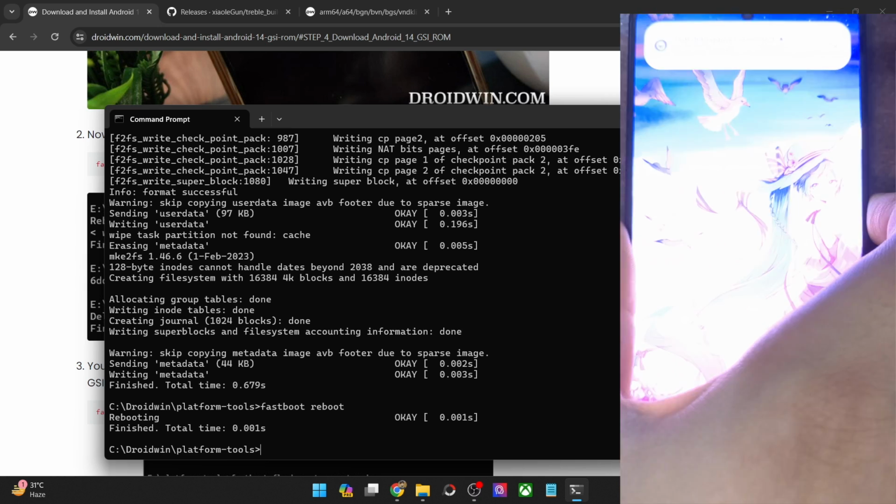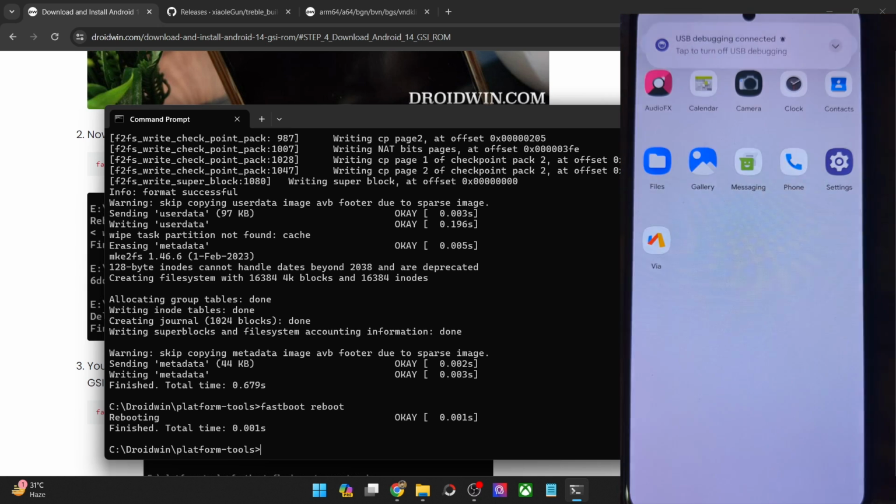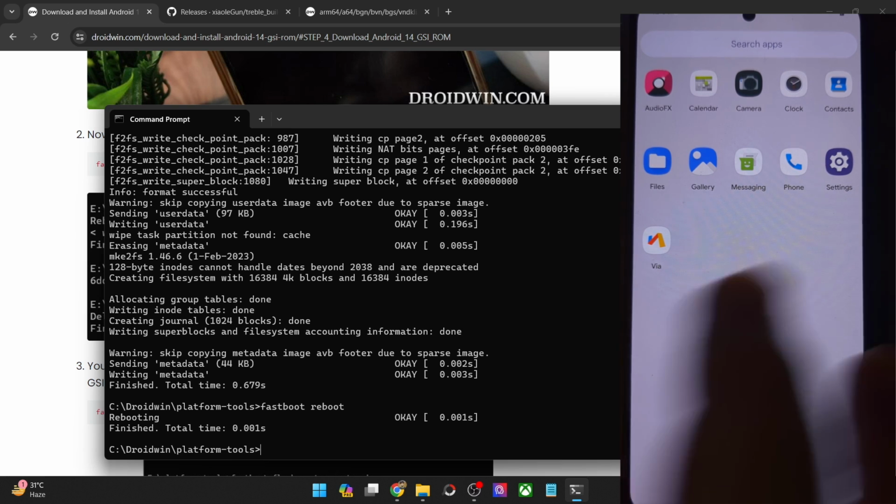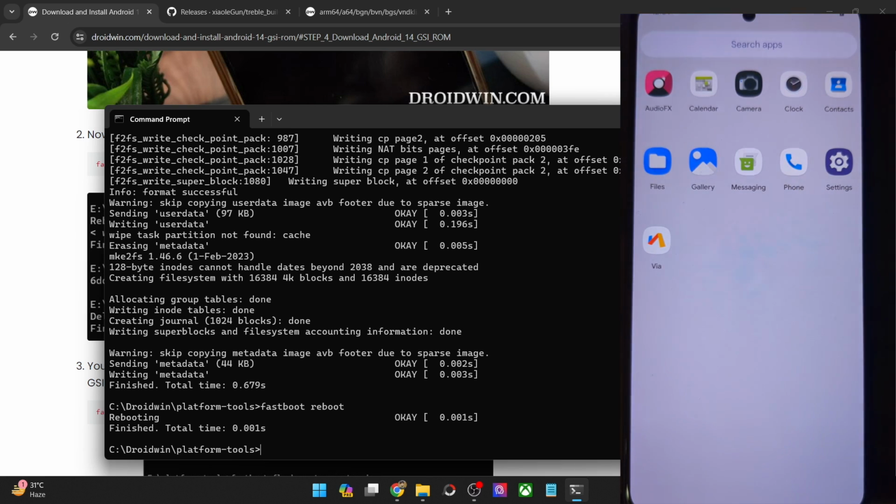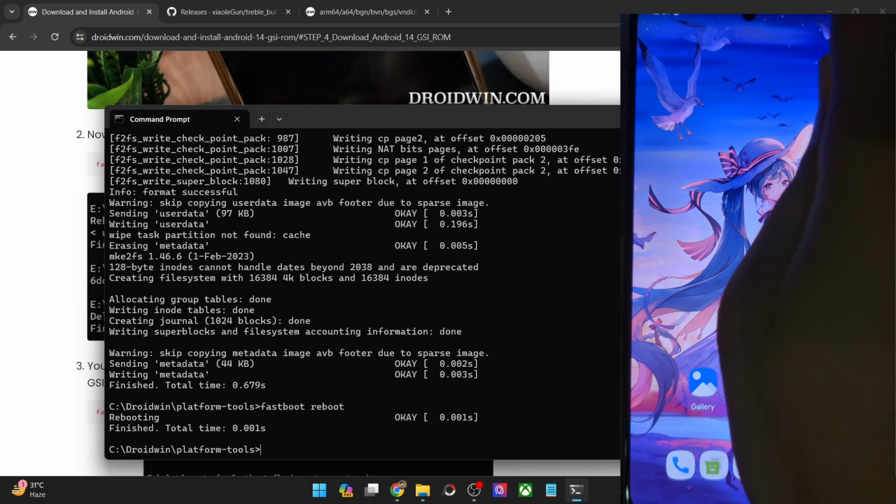I did not get this setup screen because I haven't flashed any GApps packages. If you have flashed the GApps packages, you will get the Google backup and restore screen, where you log in to your account and carry out a data restore and all that stuff. Since I have not flashed GApps, I am getting a complete vanilla experience. This is the browser, file manager, gallery, calls and messaging app. That's just about it, the required features.